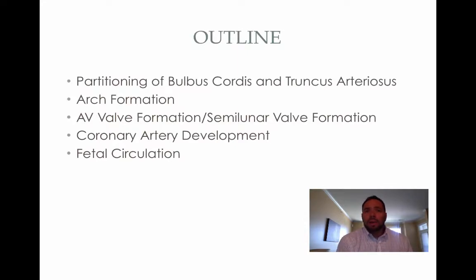So this is our outline for this week. We're going to talk about partitioning of the bulbus cordis and the truncus arteriosus. What do the bulbus cordis and truncus arteriosus form as they develop from that primitive heart tube? What structures do they form, and what do they form in adult life? Then we're going to talk about arch formation and all the different arches. So we'll talk about the importance of those arch structures and which ones develop into things that we see in